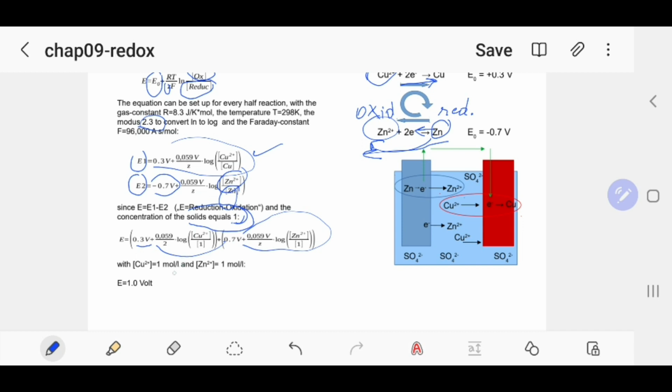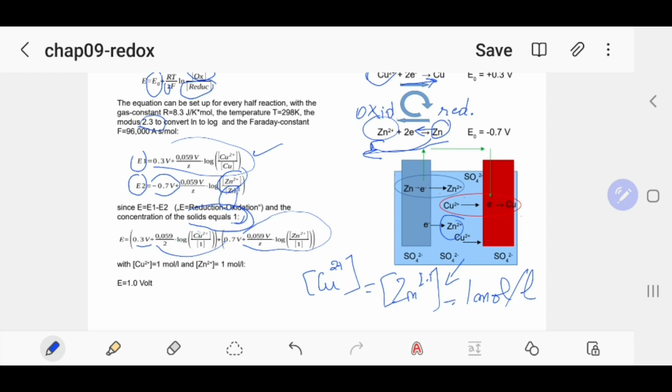Now, if we pretend that the concentration of the copper ion in this solution, and of the zinc ion, is equal to 1 mole per liter. This does not apply to all cases. We just take one particular example. If the concentration of these ions is equal to 1 mole per liter, then if we do the sum, we get